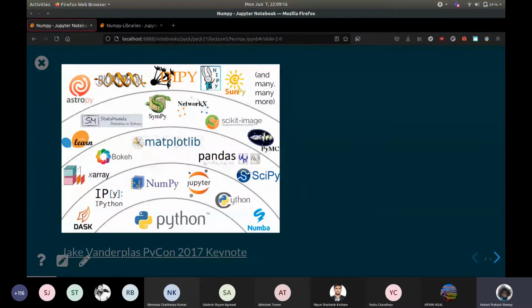Okay, so I mentioned the scientific Python ecosystem. This is what it's like. You have Python at the bottom, and you have all these basic things. You've already seen Jupyter. IPython is like the terminal. Jupyter is like the web browser compatible version of IPython. These things were made before NumPy, by the way: IPython, Matplotlib, and SciPy.